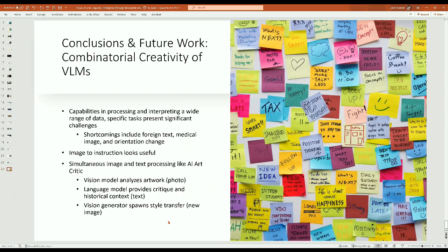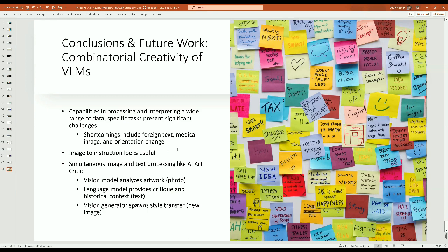So in conclusions and interesting areas for future work, we are interested in probing new ways of thinking about the creativity of these models. As these models get better and better, I don't think it's going to be obvious to people that there are out-of-bound tasks. The notion that it can't do what we do may prove thinner and thinner.